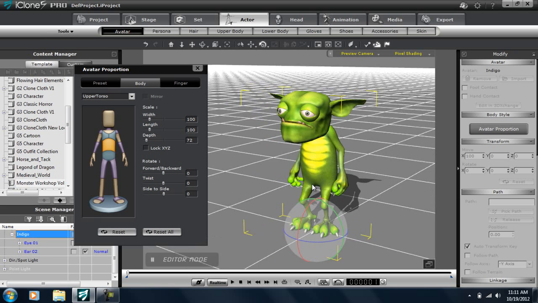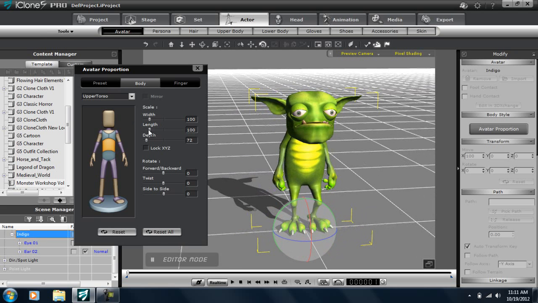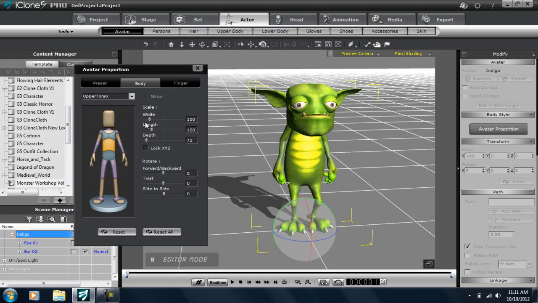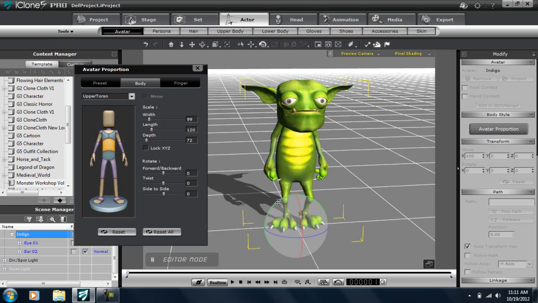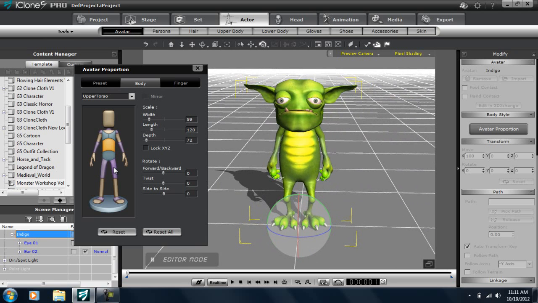And from the front we can add a little to the length. Maybe down at the width a little bit. Oh, there we go. Good enough. Something like that's good. Well, didn't really need to adjust that. Anyways, now if you're selecting the legs, and I want to increase the length of the legs, you can see,